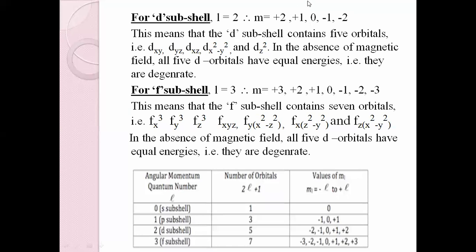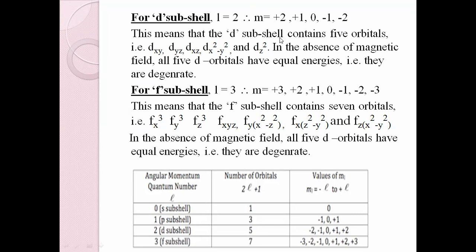That means when m is equal to 5, it means that m has got 5 integral values ranging from positive integer to negative integer. Okay, this shows these 5 different integral values are actually the 5 d orbitals present